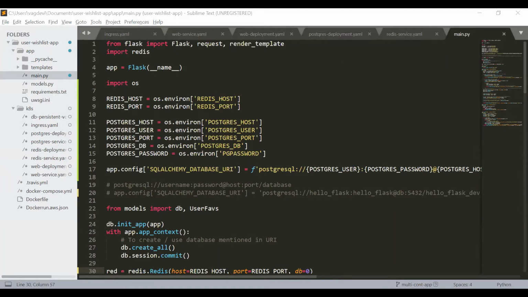So next, let us go to the next step of pushing this entire code onto GitHub, and then creating a Kubernetes cluster on GCP, pulling this repo from there, and applying all these configurations to make our application ready. Okay.